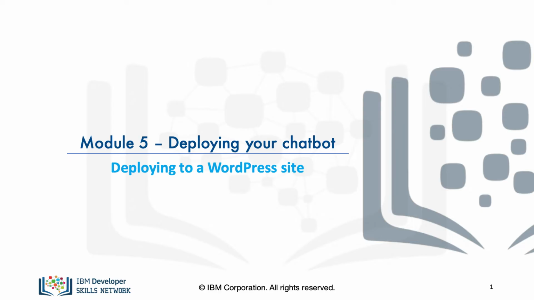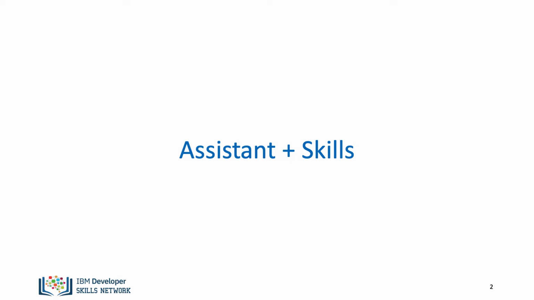What we need to do is deploy our chatbot somewhere publicly accessible. As you worked on the dialogue skill in the previous module, you might have noticed that alongside skills, there was a tab for assistants. An assistant is a chatbot, and it can have one or more skills within it. We developed a dialogue skill that allows the chatbot to understand and reply to the user. Now we'll need to create the actual assistant and link our dialogue skill to it.